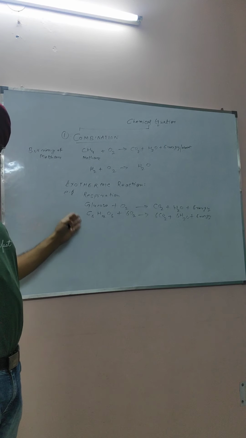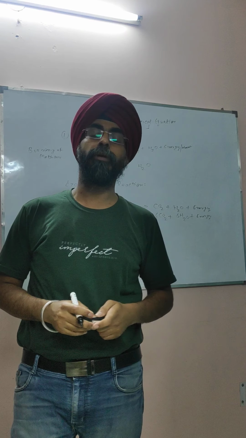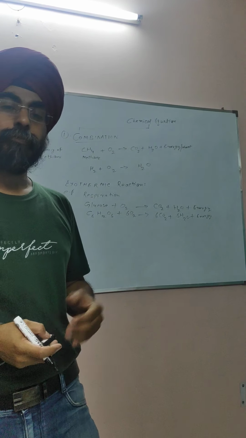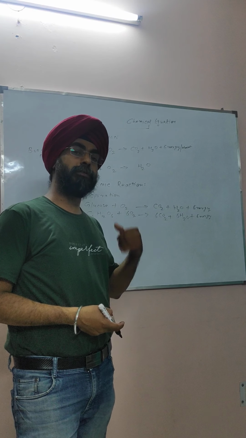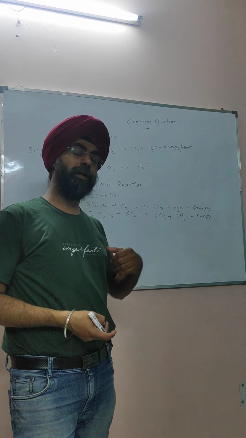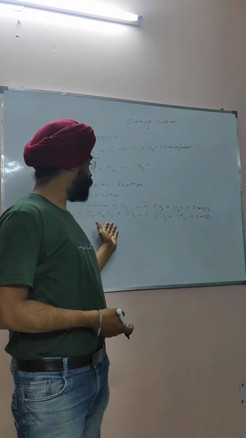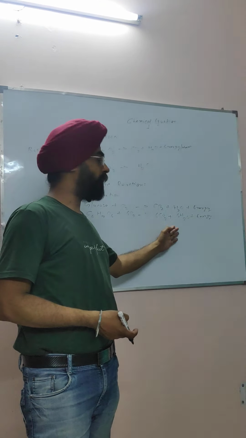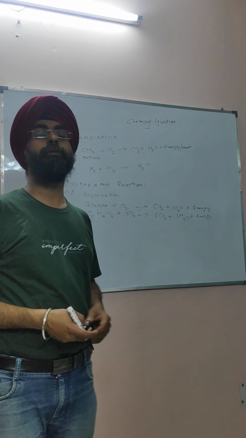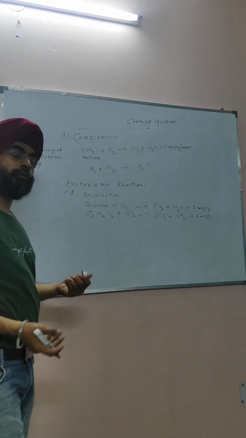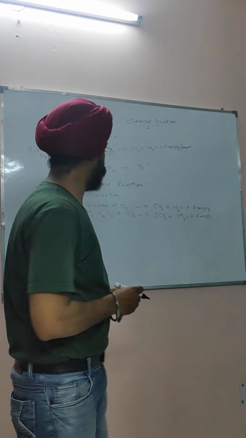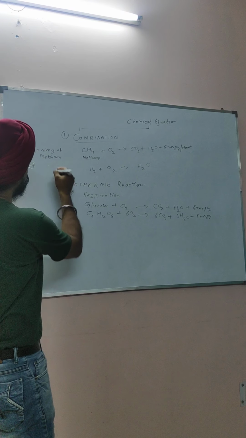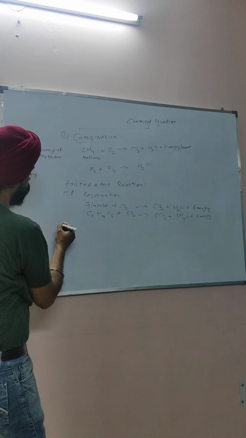This is the respiration reaction. It takes place in our body whenever we take food and glucose is formed from it. Glucose reacts with the oxygen that we inhale and gives us energy, and these are the byproducts. CO2 and water are released in our body, and CO2 gets exhaled during the respiration process. So this is the type of combination reaction.